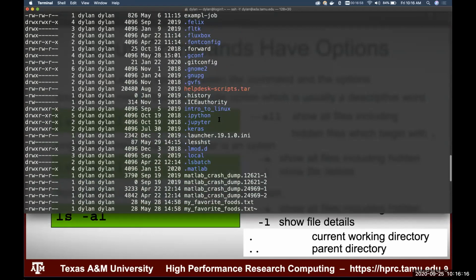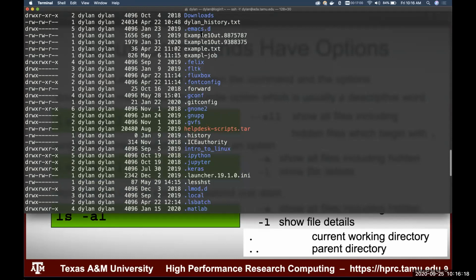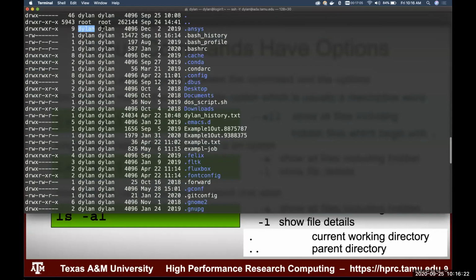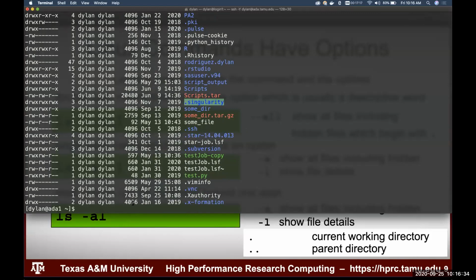It looks different. The first thing we'll notice is that it's in a vertical line, and we get a little bit more information. So we see my name twice, some numbers, a date, and then this column over here, which is permissions. I think we'll touch on that later. But the key takeaway here is that every Linux command we enter has options, and options modify what the command does. So